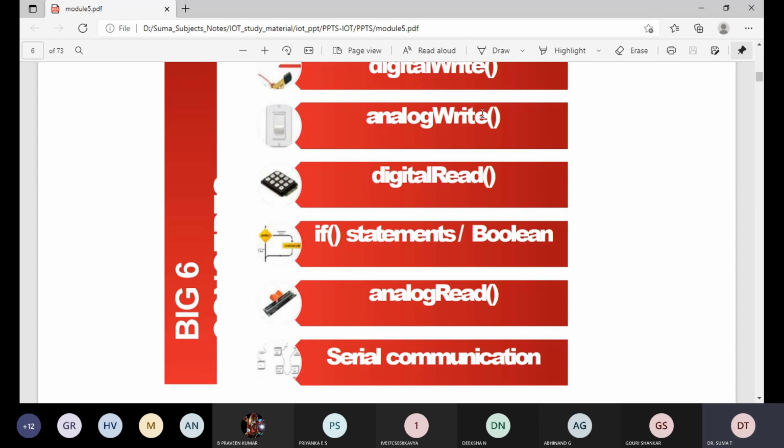Okay, so that's all about Arduino programming. Next class I will continue with the